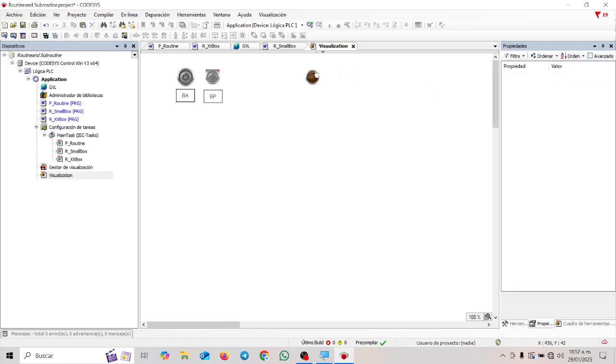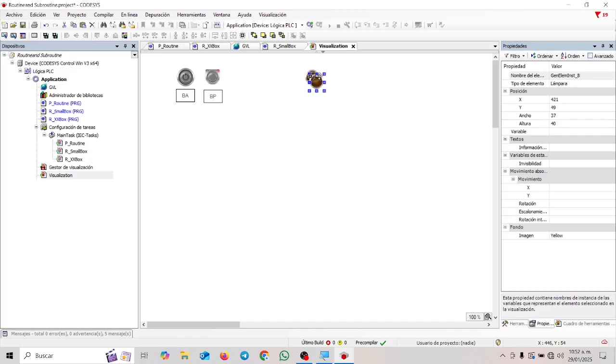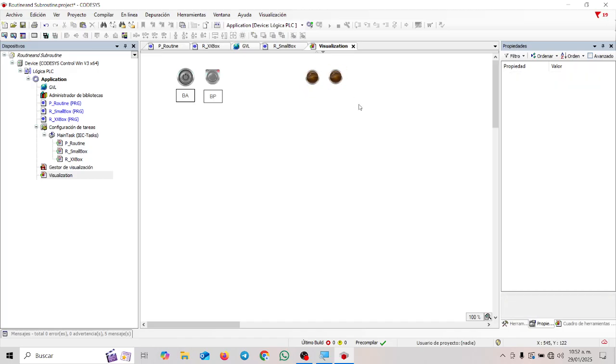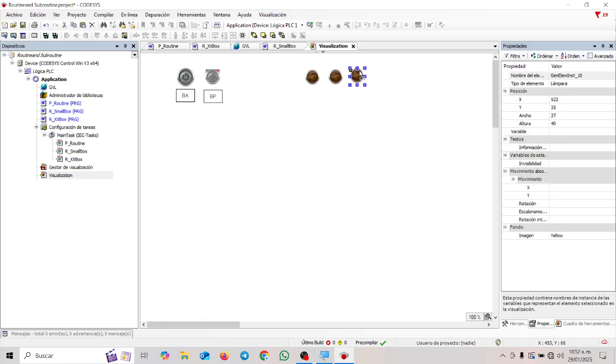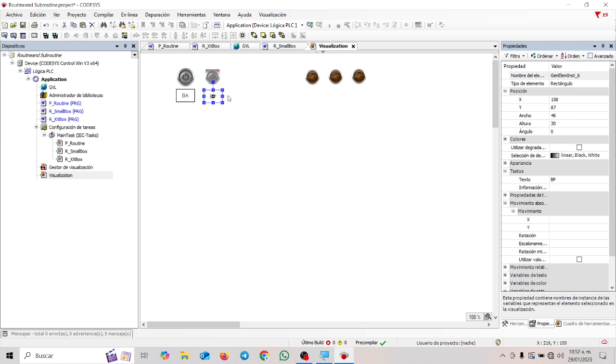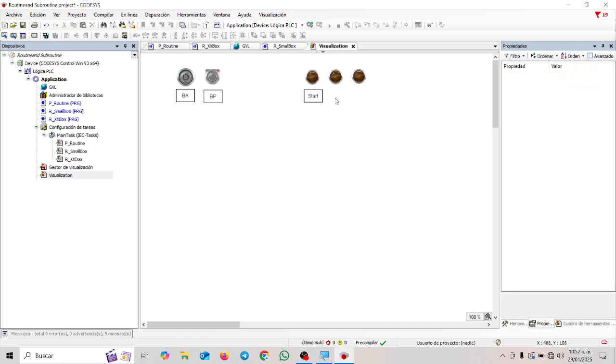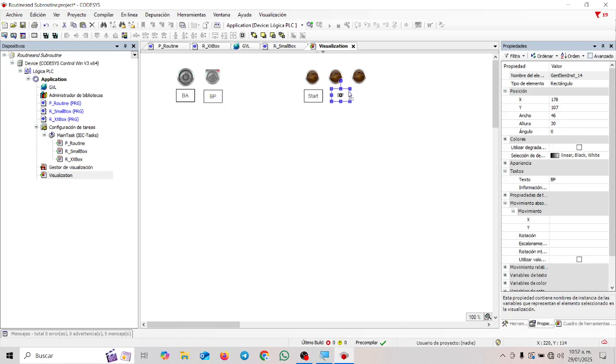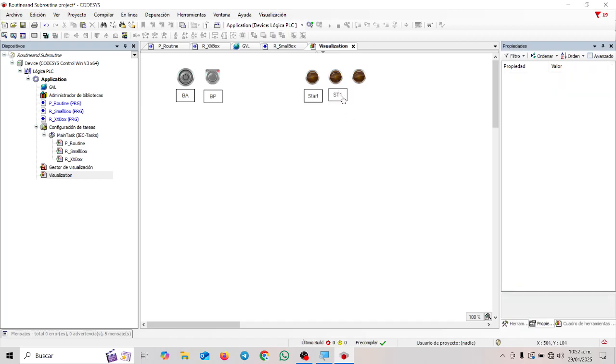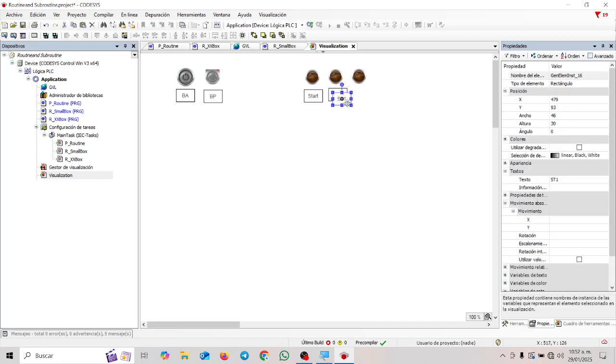And I am going to copy and paste as many inputs or outputs that I want to share. And of course, add the corresponding name. So this one is gonna be start. The second one is going to be state 1 and state